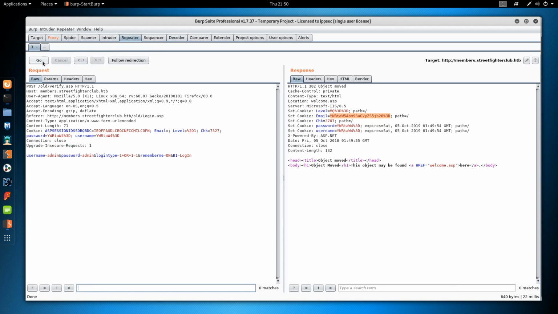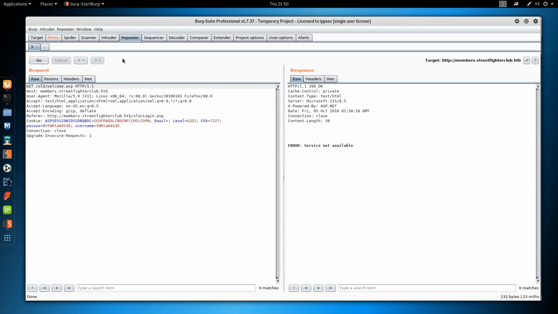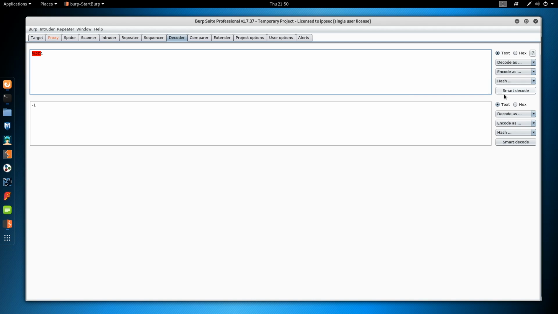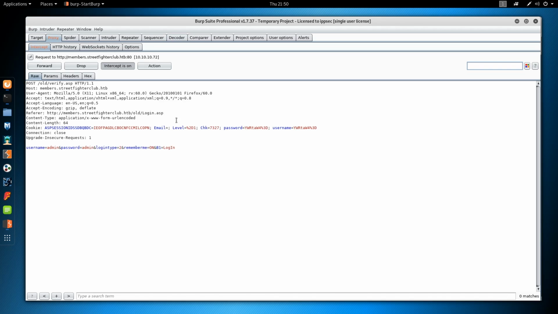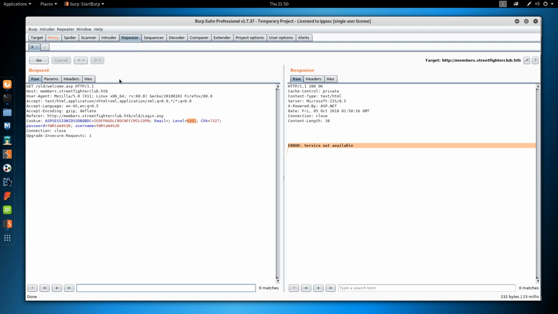But more importantly, let's just follow the redirection, and then we get an error, service is not available. But I'm looking at level. Let's see what level is. So decoder, smart decode, -1. So let's try changing level to, I don't know, 1 and not -1. Repeater 1. Fuzzing the level, 2, level 3. So I'm guessing level is probably going to be